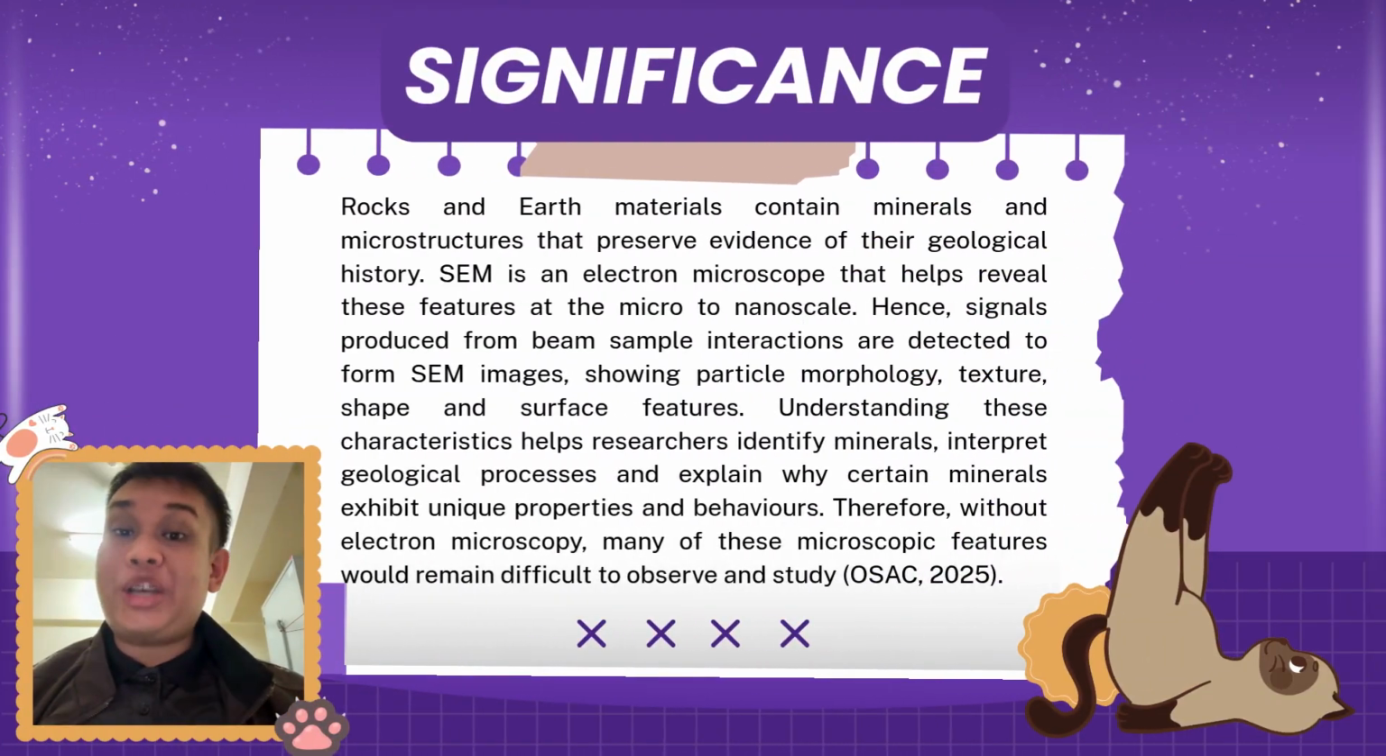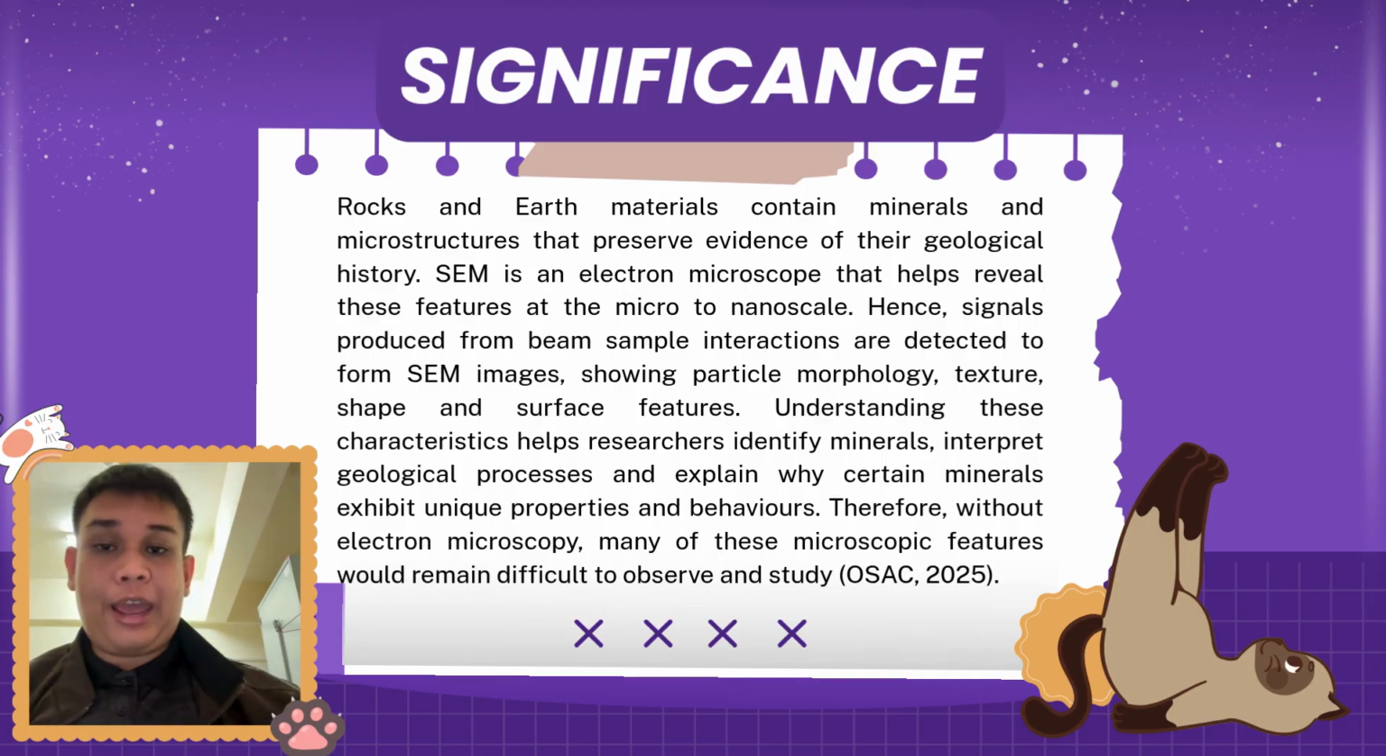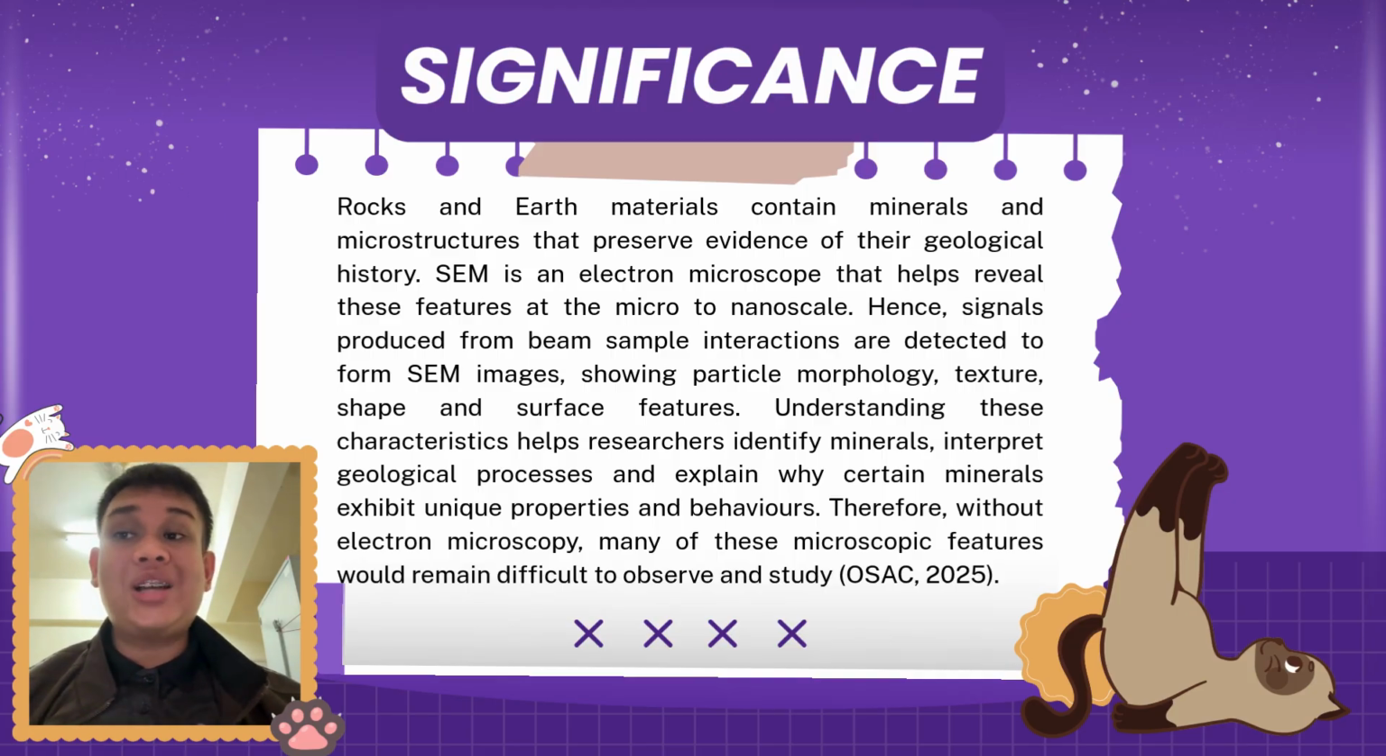Hi, it's me again. So next, I would like to talk about the significance of electron microscope in geology and earth science. Rocks and earth material contain minerals and microstructure that preserve evidence of their geological history. Scanning electron microscope is a microscope that helps reveal these features at micro to nanoscales. Signals produced by beam sample interaction are detected to form scanning electron microscope images showing particle morphology, texture, shape,